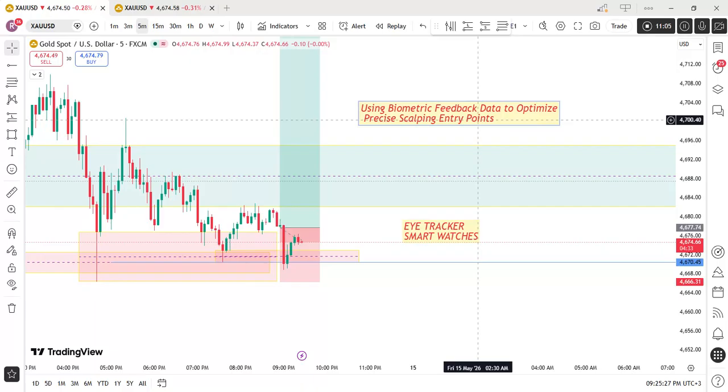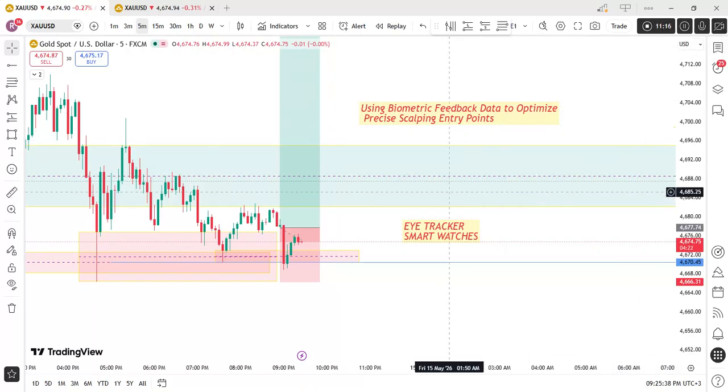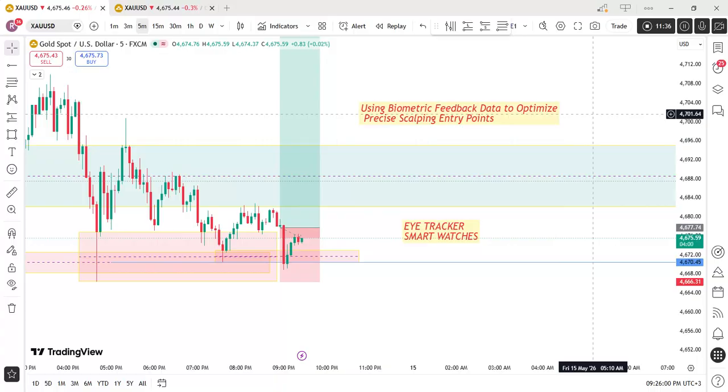So we have the executive decision system, which is controlled by the prefrontal cortex side of your brain, which most of the time enables pattern recognition, patience, timing, precision, and controlled execution. Now, biometric tracking will help you determine which system is dominating mostly during entry. This is it. So when we talk about heart rate and scalping precision,